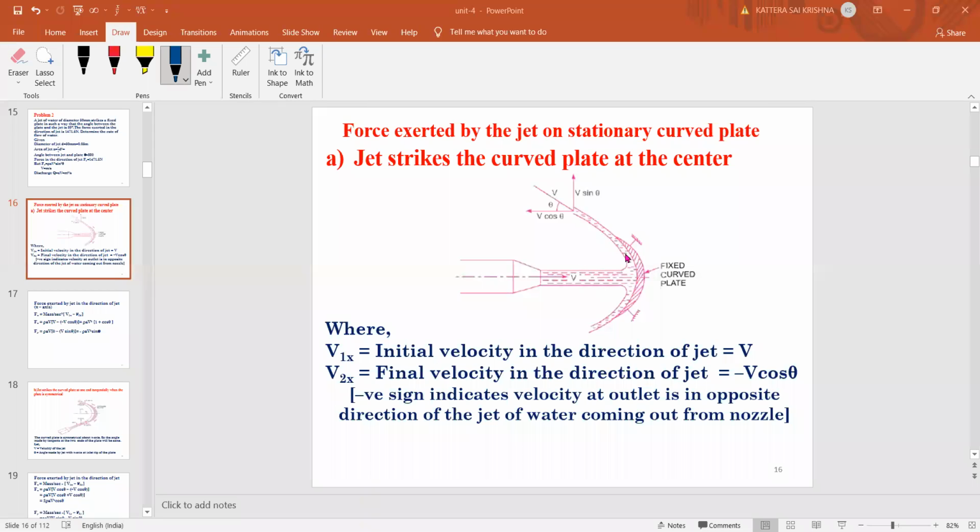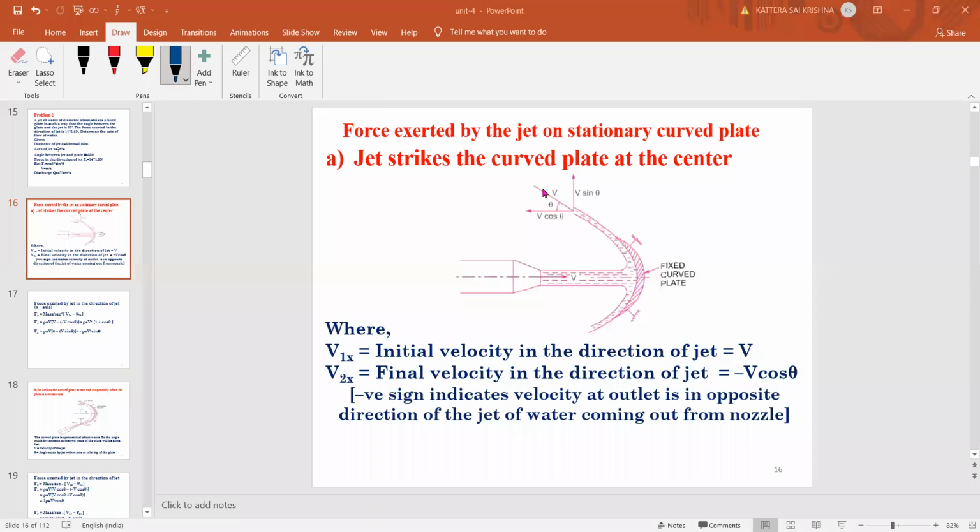Okay, so here you can remember the same thing again. The initial velocity coming from the jet will be velocity v, and the water will flow along the plate like this. So what we have here is an inclined velocity, which will come as the final velocity. If you see, it is an inclined velocity. So the water after leaving the plate, if there are no frictional losses, the same velocity will come out like this. So it is the velocity v again coming out from the outlet part of the blade here, right?